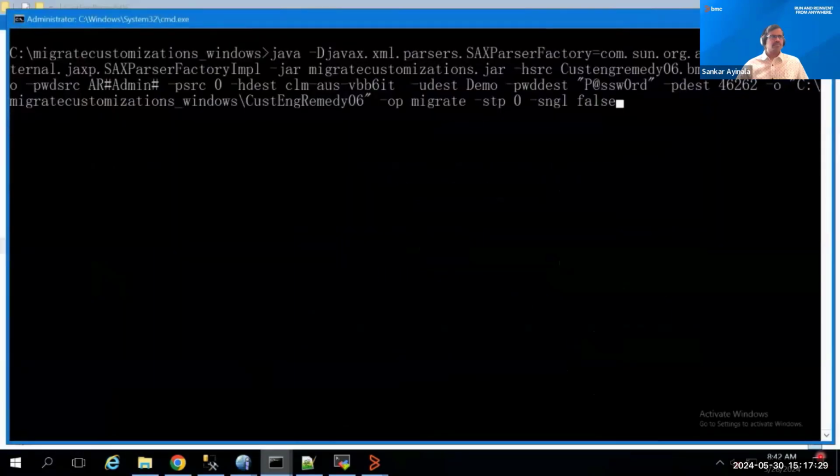Now let's proceed with executing the workflow migration utility. So I launch the Windows command prompt and use the following command to execute this utility. This command includes various parameters. So you should start with command Java and you need to pass certain parameters, including the jar file name